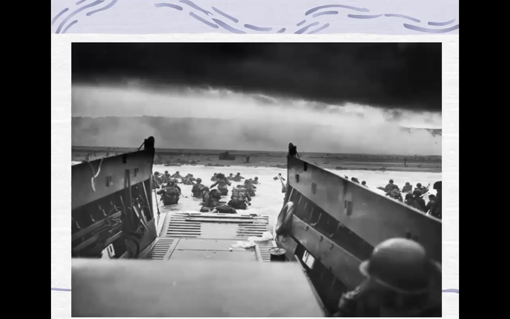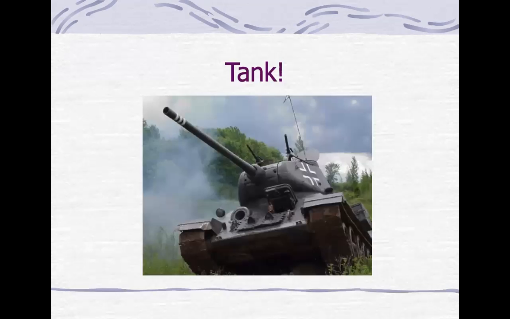And finally, we have a picture here of D-Day, which is when the United States, along with Britain and territories of Britain, which at this point were Canada and Australia and a couple of other places, stormed the beaches of Normandy to try to barge the Germans out of occupied Nazi territory.